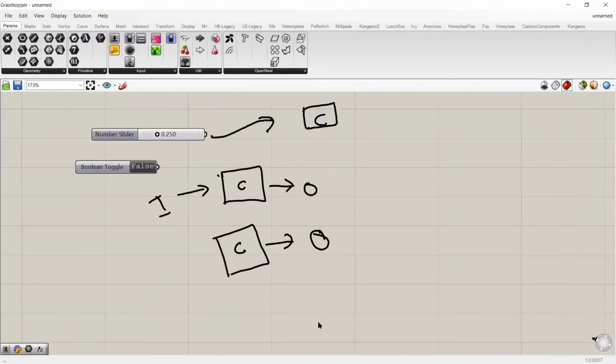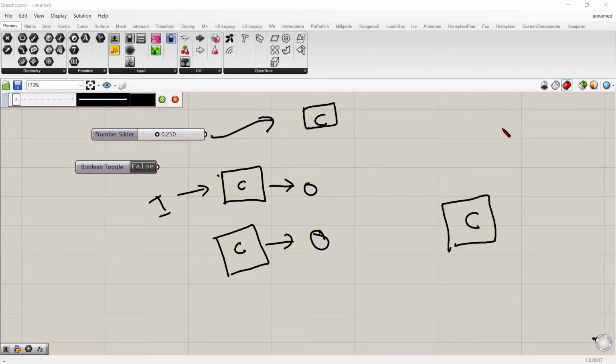The third type of component is called a container component. A container component contains a specific geometry that is made in the Grasshopper interface, or we can reference a geometry that is made in the Rhino interface. So suppose this is your Rhino interface and you made a surface in the Rhino interface.